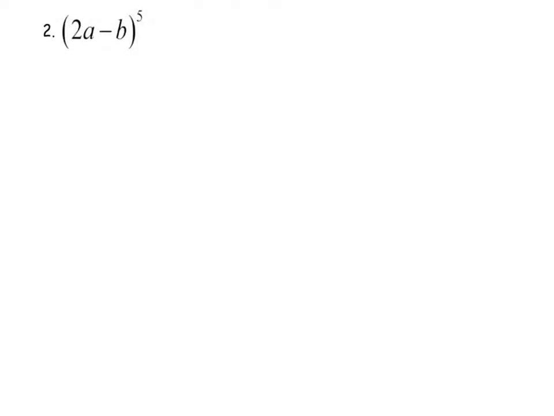I will show you the same process using Pascal's triangle on this next example, which is (2a - b) to the fifth power. So I'm going to start out with building my Pascal's triangle. (a + b) to the 0 power is 1. Then the following row is 1, 1, which is (a + b) to the first, (a + b) to the second, (a + b) to the third power, (a + b) to the fourth power, and (a + b) to the fifth power